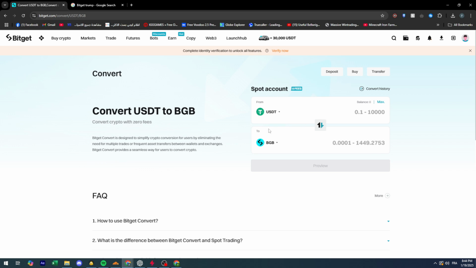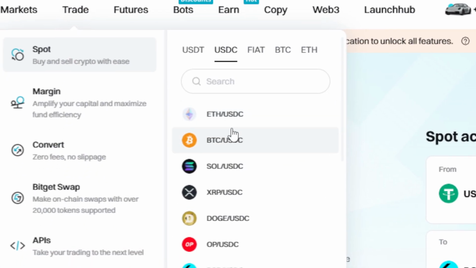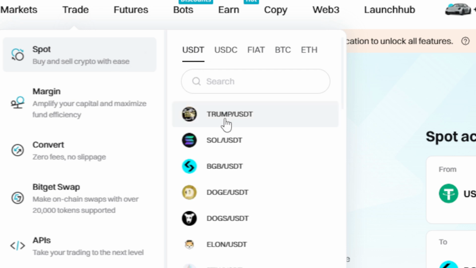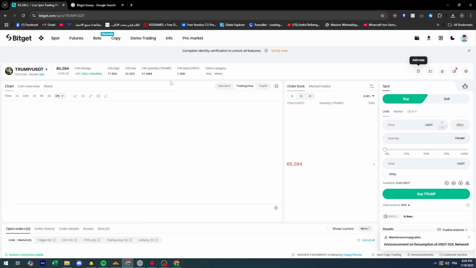this method. But good for us, there is the main method, which is the easiest and the normal method that everybody uses nowadays, which is basically trading. So we're going to trade the USDT, so we go to spot, as you can see here, and it is one of the first ones available. So Trump slash USDT. Once you click on it, the page will open just like that, with the graph